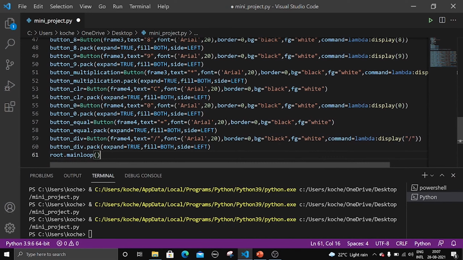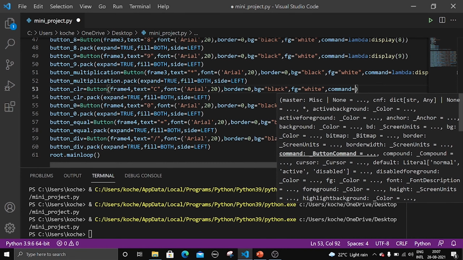So where is our clear button? So let us add command equal to,